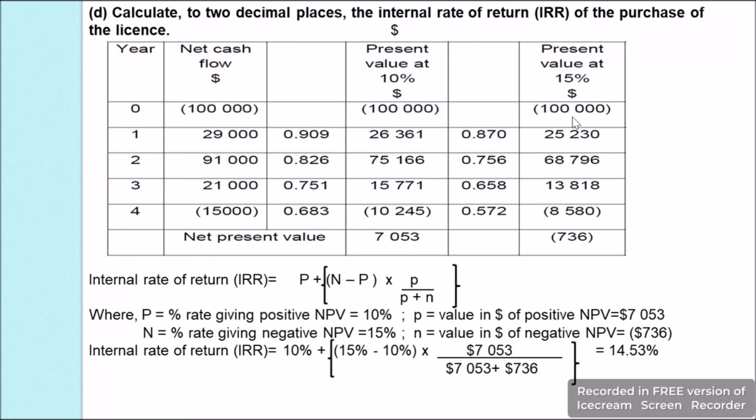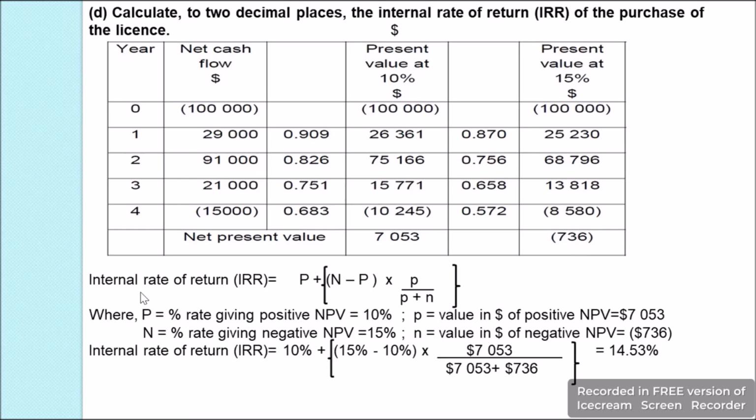$7,053. Now the net present value for 15% will be minus 100,000 plus 25,230 plus 68,796 plus 13,818 minus 8,580. We get the net present value at 15% as negative